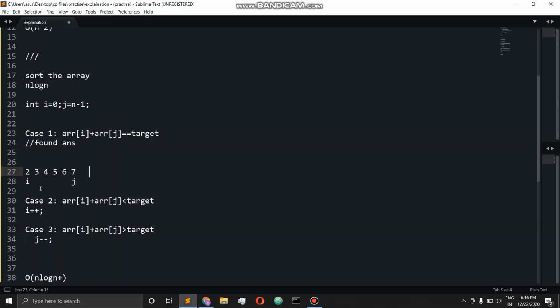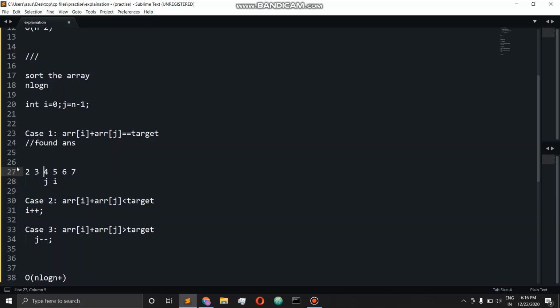So what is the worst case in this? The worst case will be that no value was found, and we have just traversed the entire array, something like j has surpassed i. So i has moved from the 0th index up till this index, and j has moved from n-1 to this index.